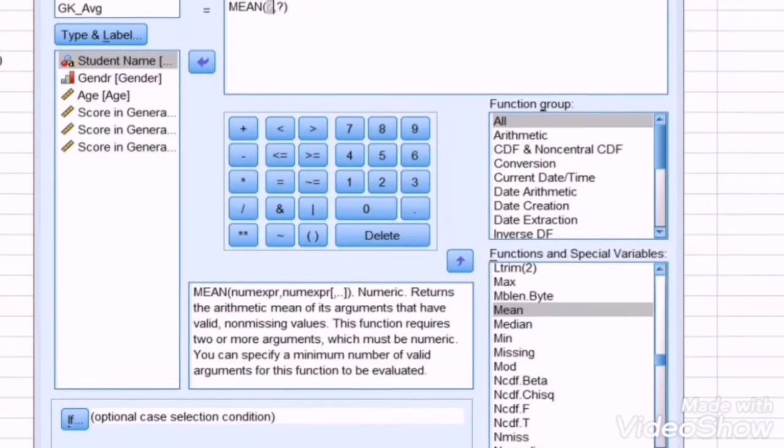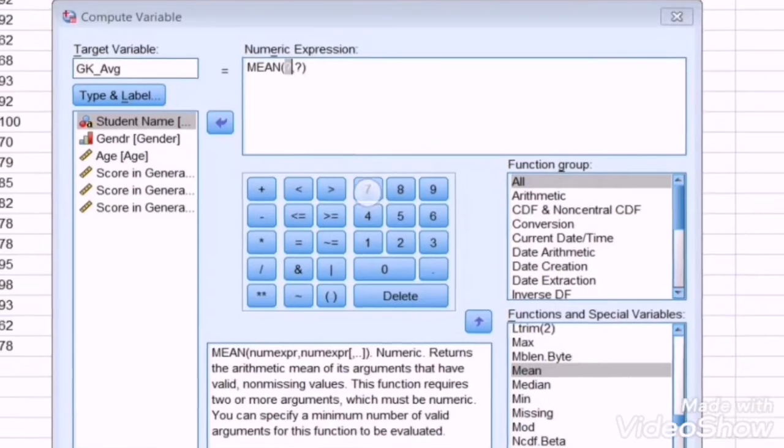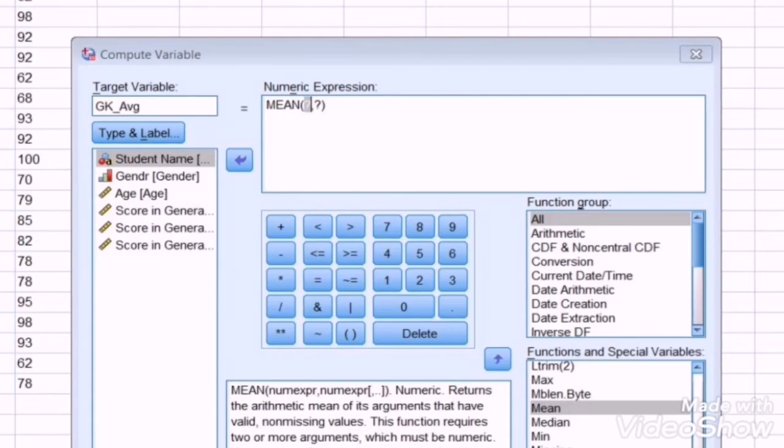And thereafter we have to click on the up arrow button. This will transfer the inbuilt mean function to the numeric expression box: mean, brace, question mark, comma, question mark, brace.